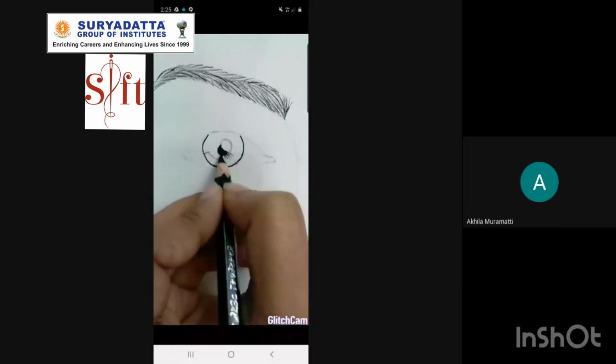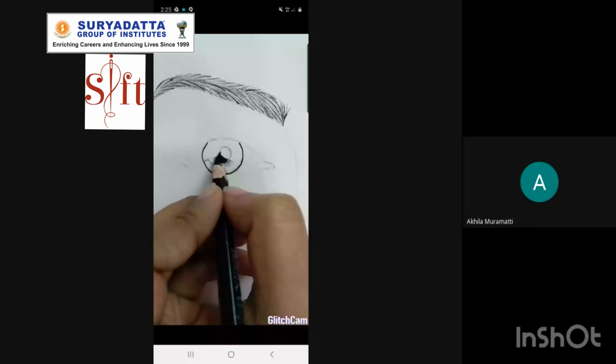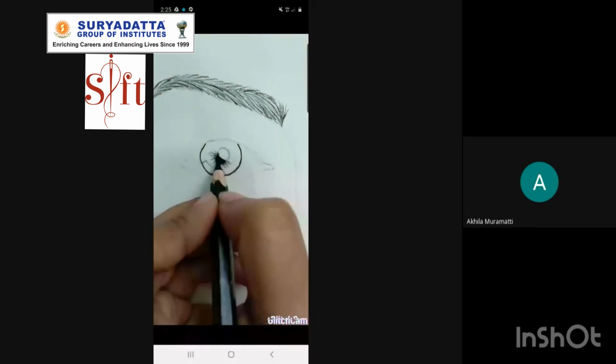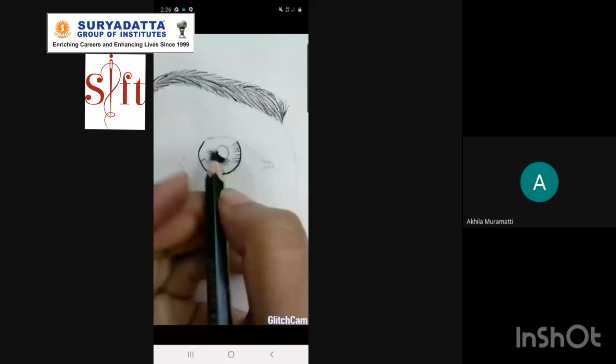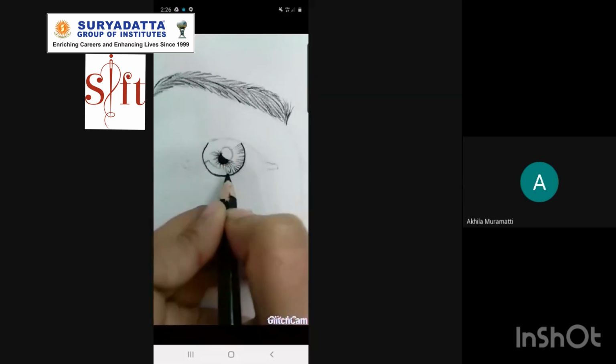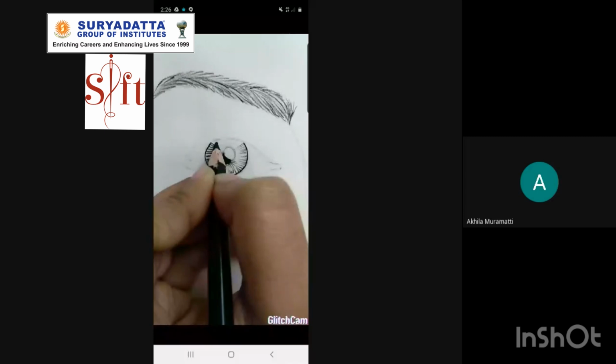There are various types of charcoal pencil available in the market. You can choose it as per your choice. Don't use a blending stump or charcoal chalks or sticks, they are pretty messy.